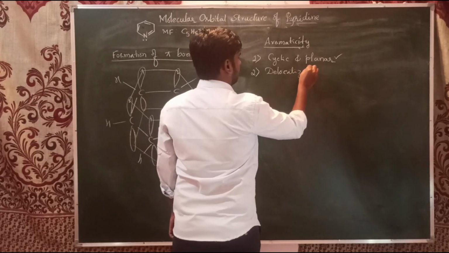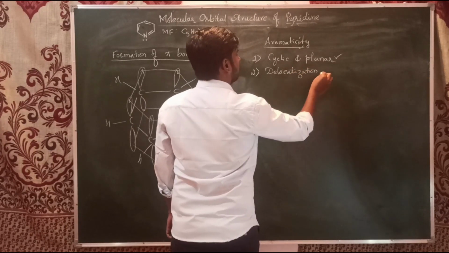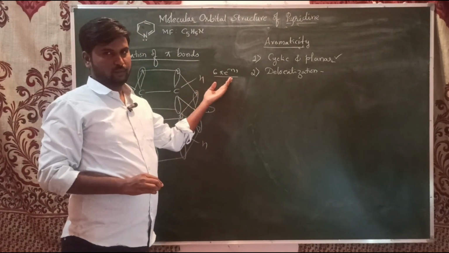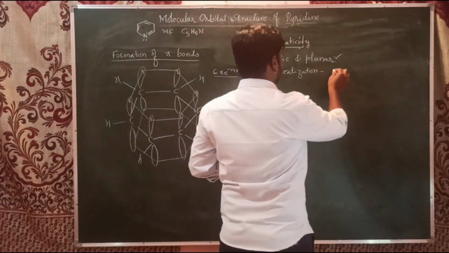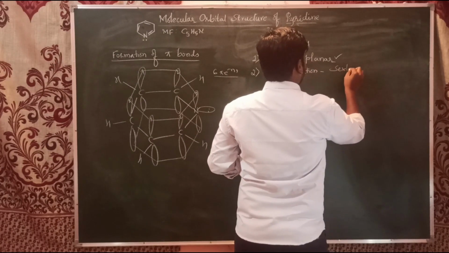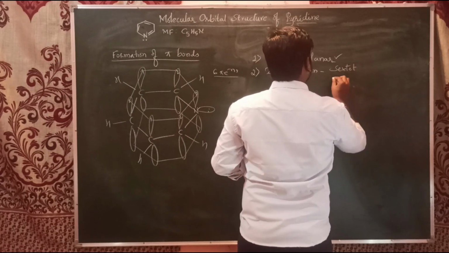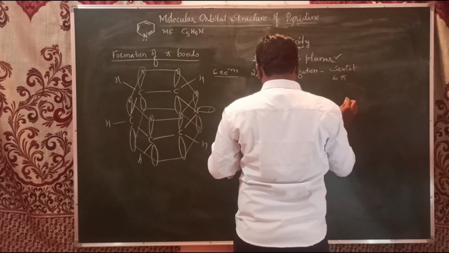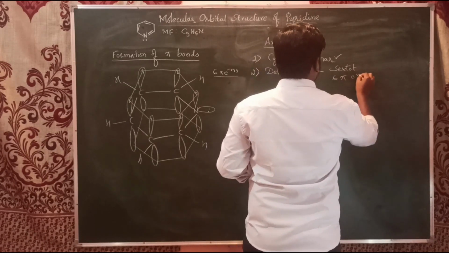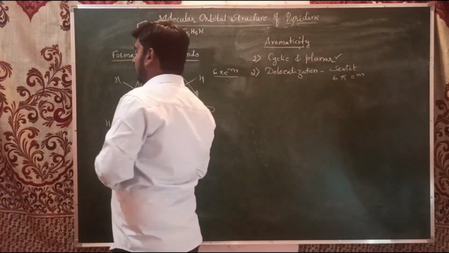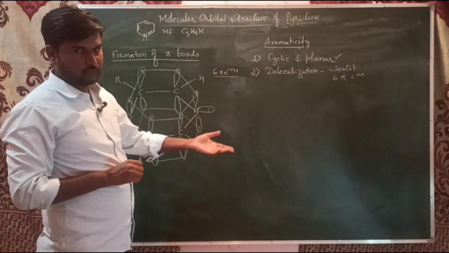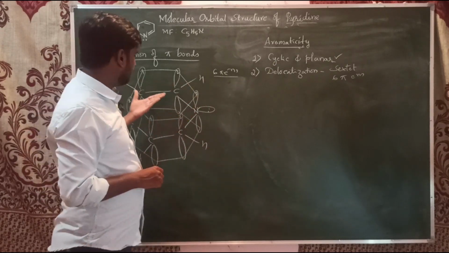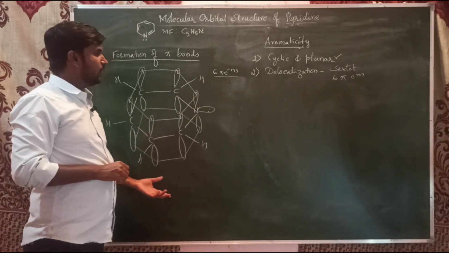Delocalization. Here we have just seen that there are 6 pi electrons, so that is a sextet. A sextet always gives strength or stability to the compound. So 6 pi electrons are involved in delocalization, so it shows resonance. It's a completely conjugated system, and we can also see the resonance structures of pyridine